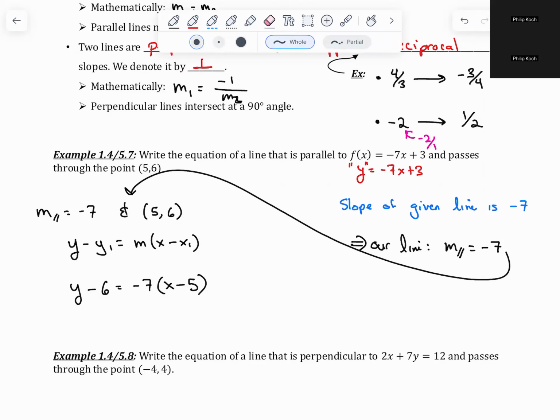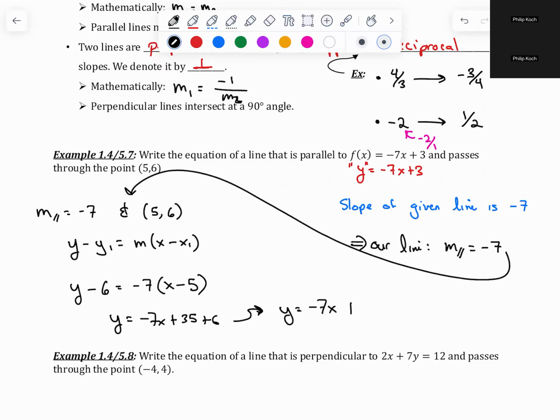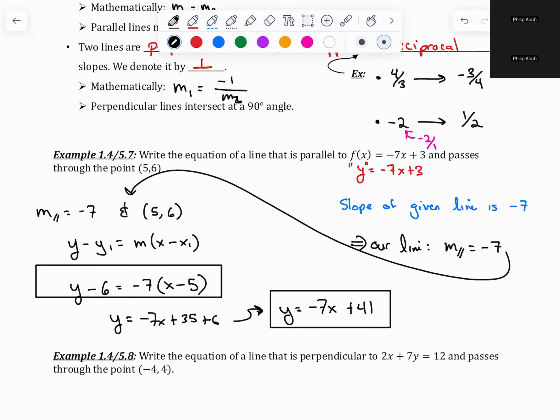So if you do that, then you get y equals negative 7x plus 35 plus 6. So you get y equals negative 7x plus 41. So you can get either format. Either one is fine. I just prefer point slope form